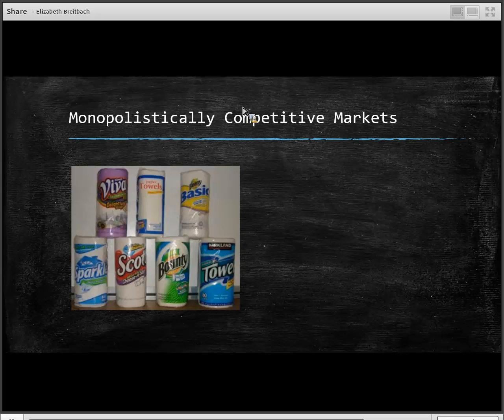One special case with the oligopoly is that the products can be very similar or homogeneous, or the products can be differentiated. In the case of beer, we have differentiated products. Anheuser-Busch tries to say, my product is better than everybody else's. You should buy my product. Oil is going to be another example of an oligopoly. So OPEC, the oil producing countries of the world, they all are producing oil, and oil, it doesn't matter where it comes from, it tends to be exactly the same product, and that will be a homogeneous product. So it can be exactly the same, or it can be differentiated. In an oligopoly, it could be either one.